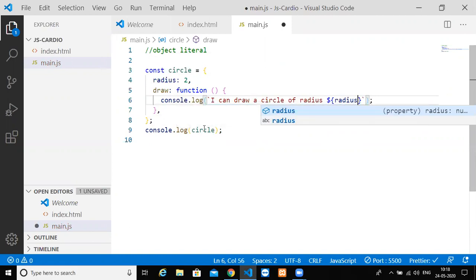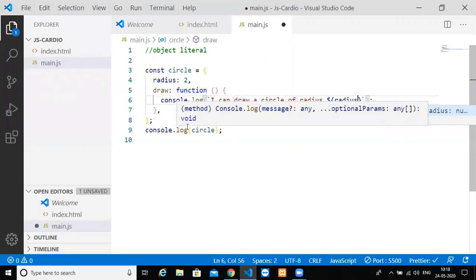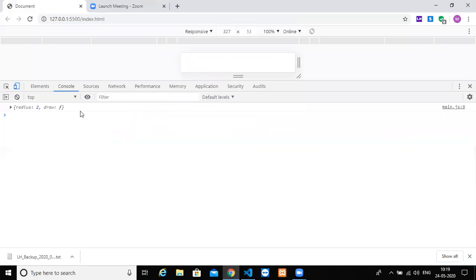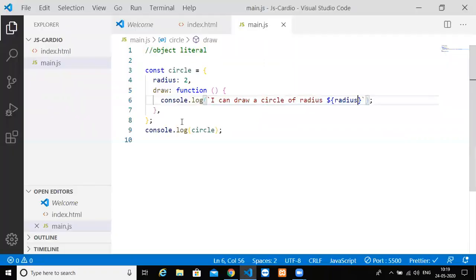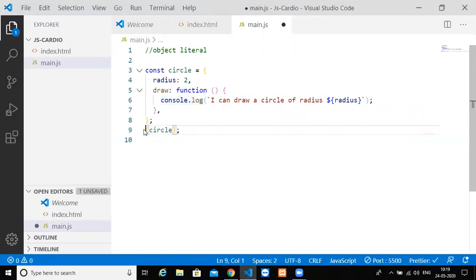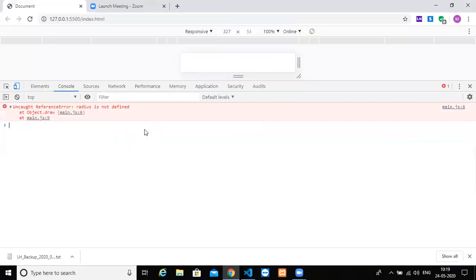Now if I want to console.log it, this is pointing to that particular object itself. So just remove this, and now if I do circle.draw and go back, yes, now I'm getting an error telling that radius is not defined.